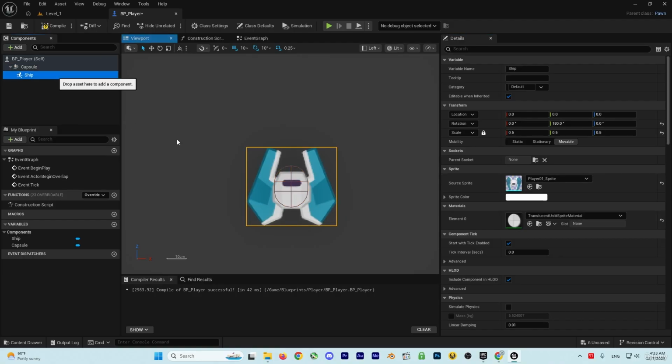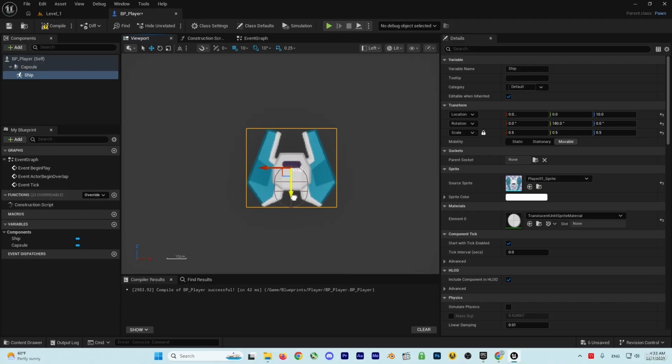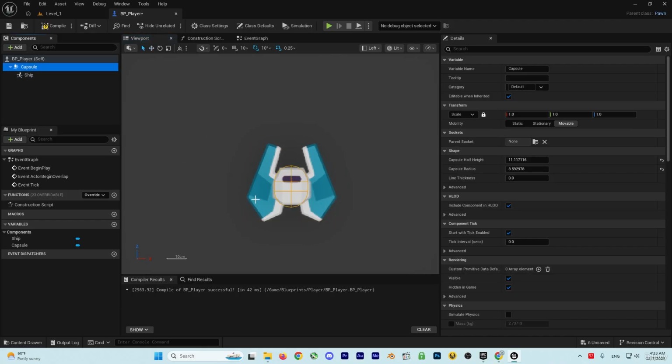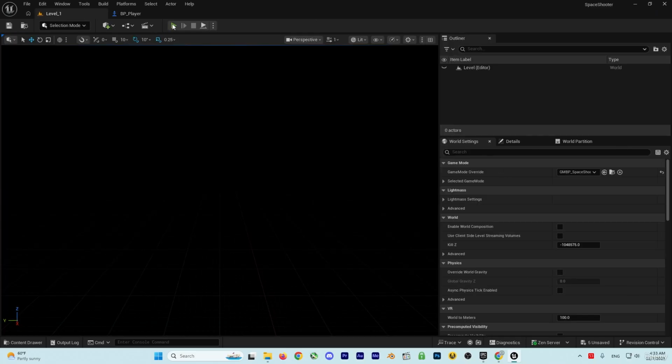We can change the ship sprite position by clicking on this icon and changing the positioning of it. So it's not letting us because it's snapping. We can disable that by just clicking in here to disable it. Now we can move it as we want. That's beautiful. You can change the size of this capsule. Of course, if this capsule is bigger, the game will be harder, and if this capsule is smaller, the game will be easier. So now let's just hit compile, save, and now if you go to our level and run,